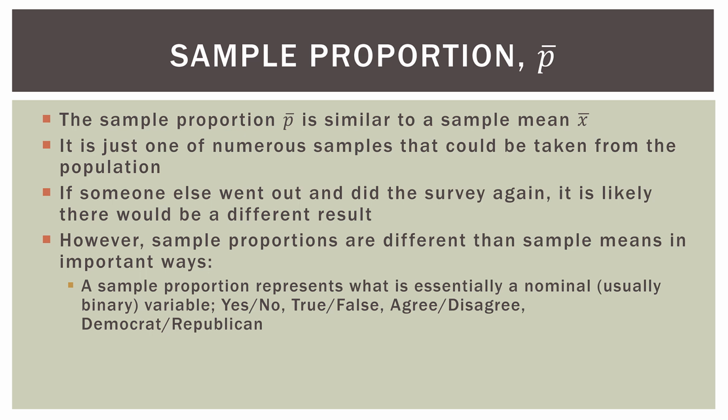However, sample proportions are different than sample means in important ways. A sample proportion represents what is essentially a nominal, so usually a binary variable. Something like yes, no, true, false, agree, disagree, and like elections could be Democrat, Republican, etc. So usually it's binary, meaning two options, and they are exclusive. So you can't be yes and no. It is a count or frequency of a nominal variable of interest. Now I will say at this point, there are proportions that have more than two options, and you can compare those proportions, and we'll get to that eventually. But for the sake of this video, we're going to stick to two options, a binary choice of yes, no,